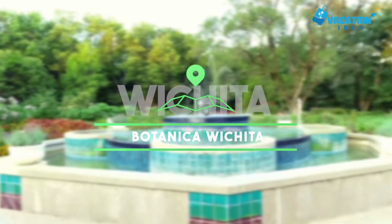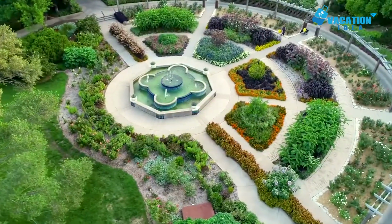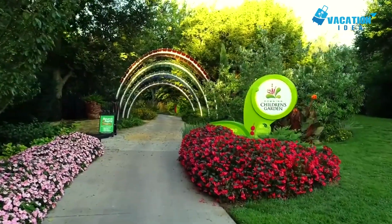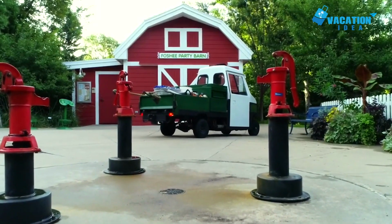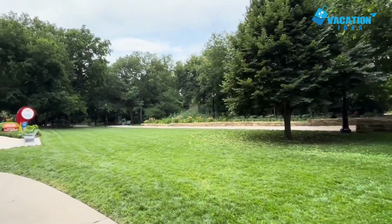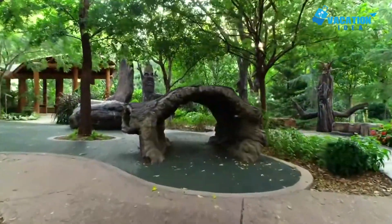At number 9 is the Botanica Wichita. A very peaceful and picturesque place, the beautiful Botanica now covers a ginormous green part of Midtown. Regularly referred to as the Wichita Gardens, it has over 30 sections full of colorful plants, flowers, trees, and shrubs